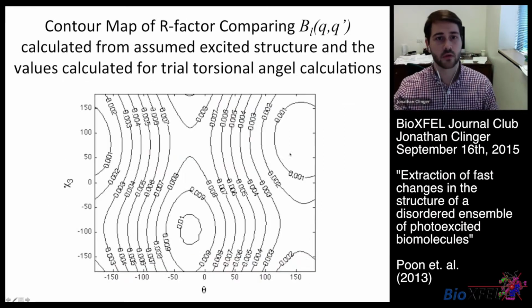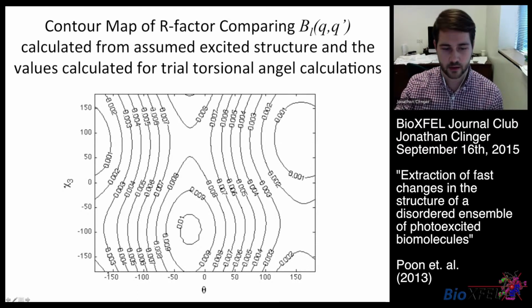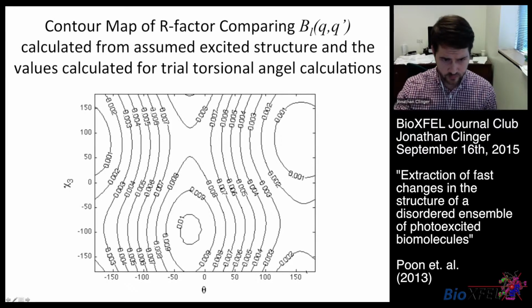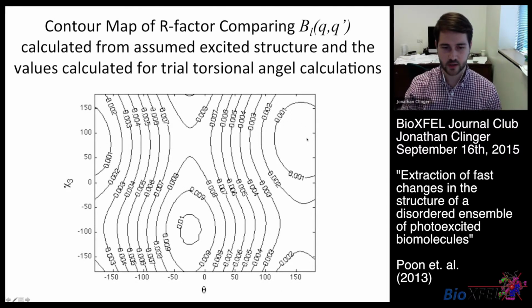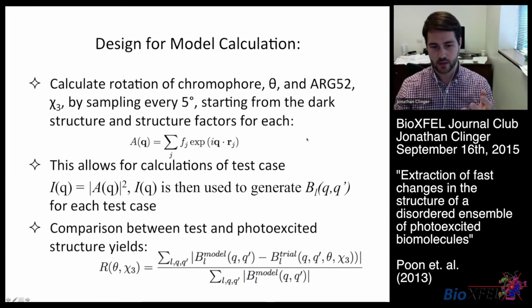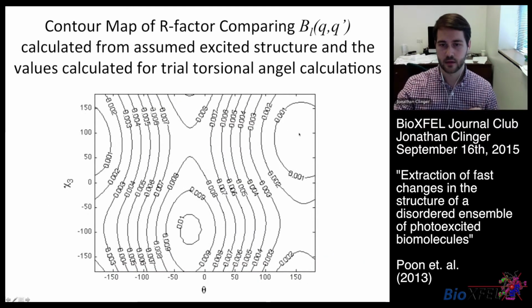And so if you remember earlier, the theta from the dark to photoexcited was 180 degrees, and the chi3 from dark to photoexcited was 77 degrees. And the R minimum is right in this hole right here, because this is 180 and this is 77. And this R minimum, which is the closest agreement, is right in the range where you would expect to find the two